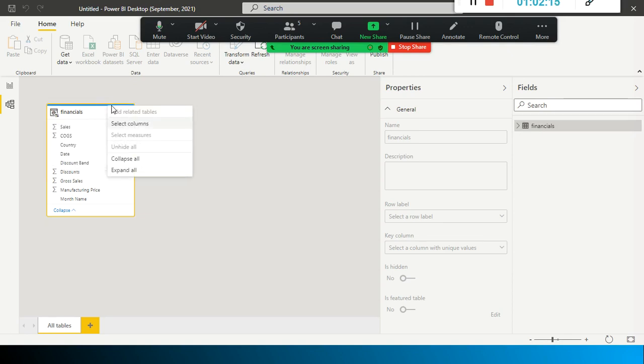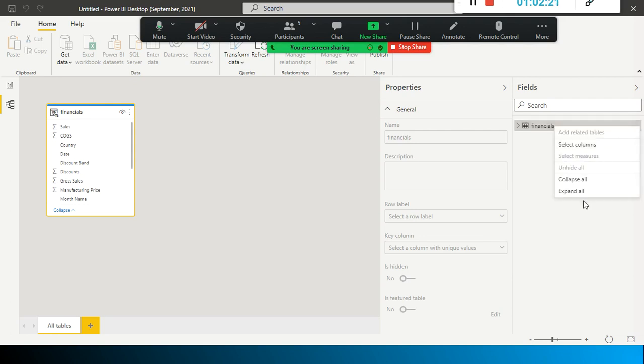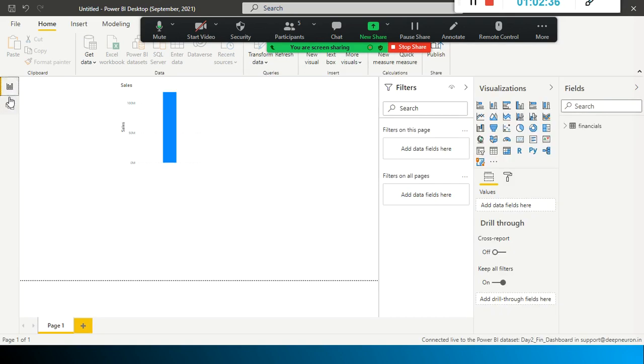Delete from the model. See, previously I was able to delete it. Now you cannot even delete it from your model. Even here you don't have any option, because you are using somebody else's tables. You don't have any privilege to delete. You can use this data, but you cannot do anything there.